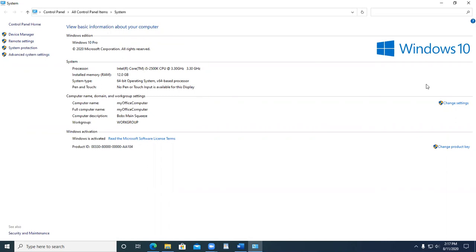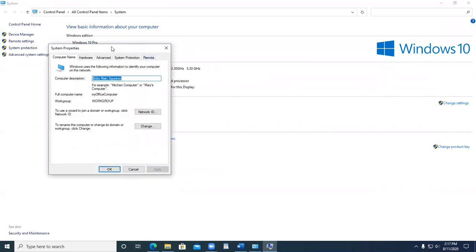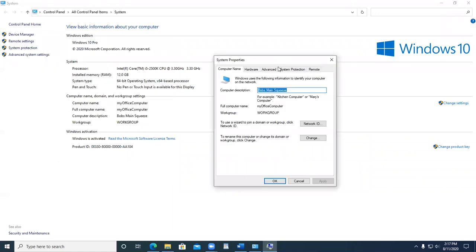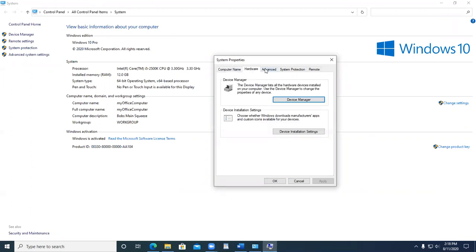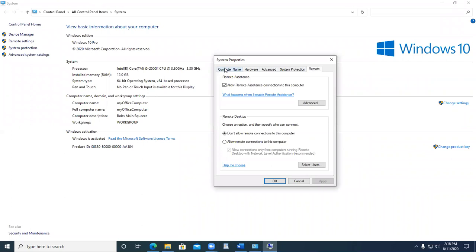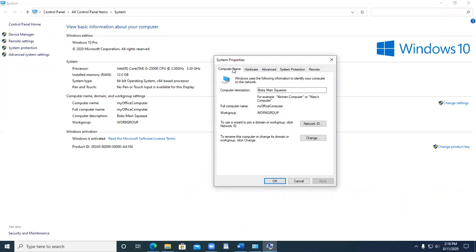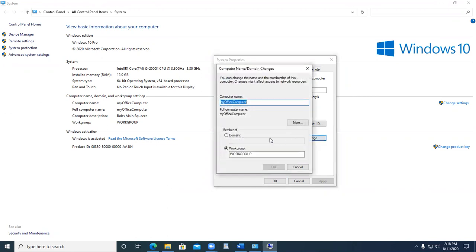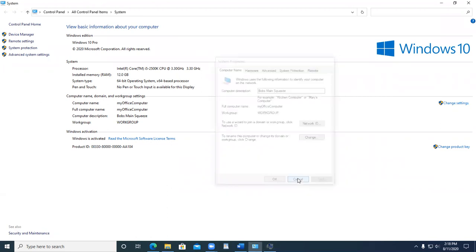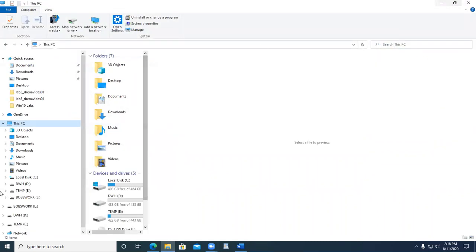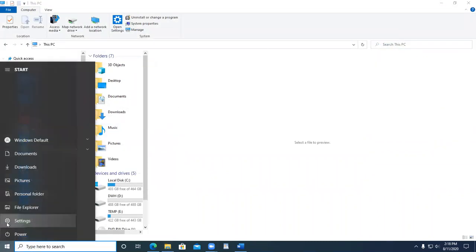If I wanted to take this a step further back, I remember seeing stuff like this back in Windows 7. You could take it a step back and click on change settings, and this is the most primitive system properties. But from a techie point of view, I kind of like this because I've got these tabs, and really to get to this information the new way, I have to navigate a little bit more. Like, for example, if I want to rename the computer, I can see it right there. I can just click change and I can rename it there, in distinction to when you're coming into settings,